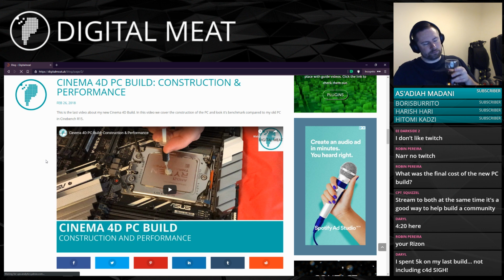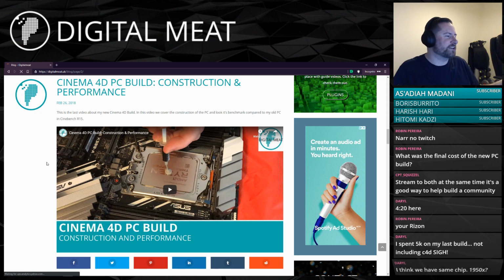The final cost, it was about £2,500. But then I had a load of extras to buy as well. Like I needed to buy a network switch so I could network my new PC with my older PCs. So I basically built myself a little render network thing, like Team Render. So there were a few extras.